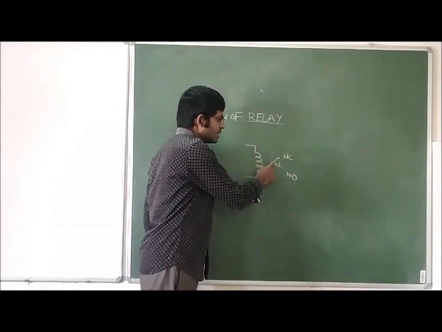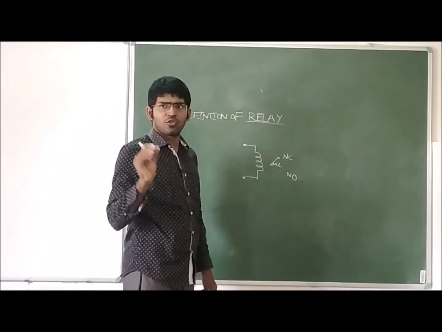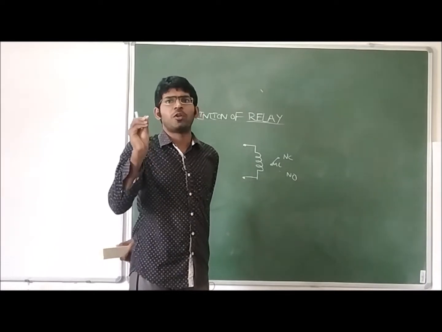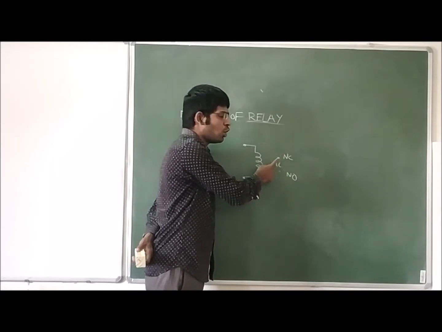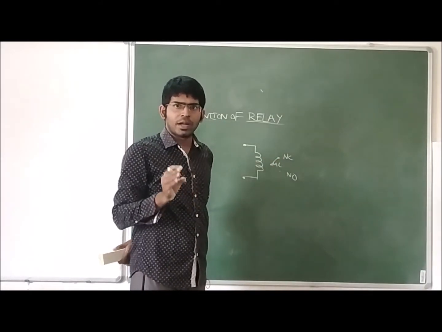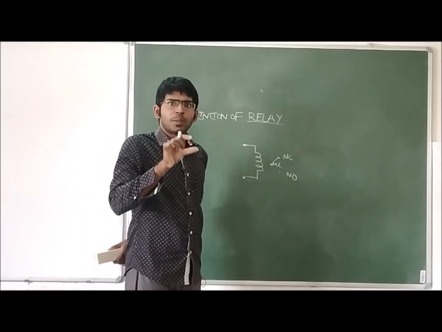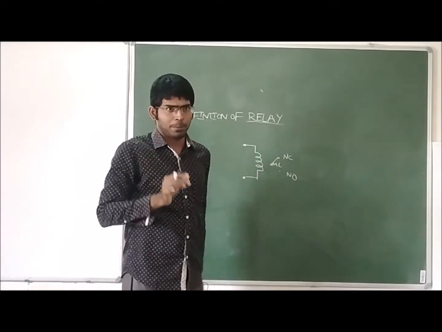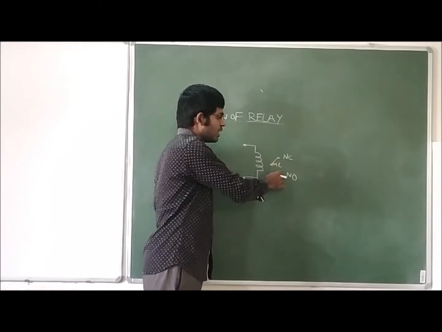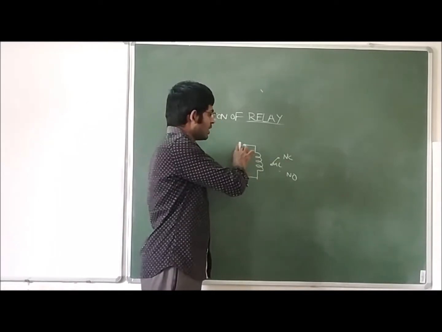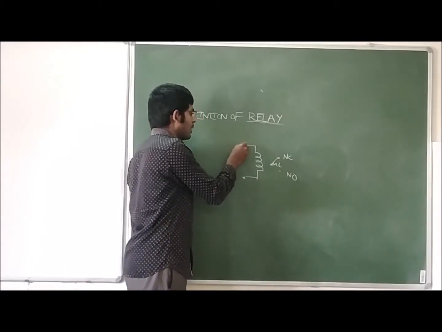A relay has 3 terminals, or we can say 5 terminals. In practical relays, we observe 5 terminals. 3 terminals are normally open, normally closed, and the movable contact. The 2 other terminals we use for giving the supply. So we have 5 terminals in the relay: the 3 terminals are normally closed, normally open and movable contact, and the 2 terminals we use for giving the supply. Now if I give a 5 volt supply to this relay,